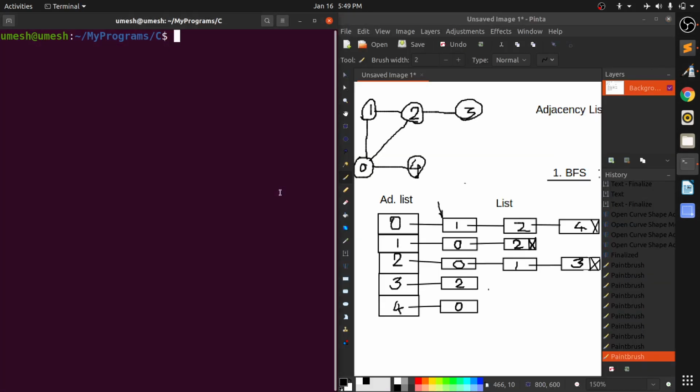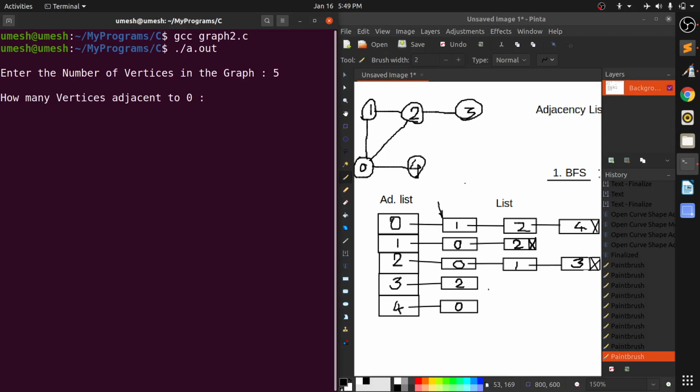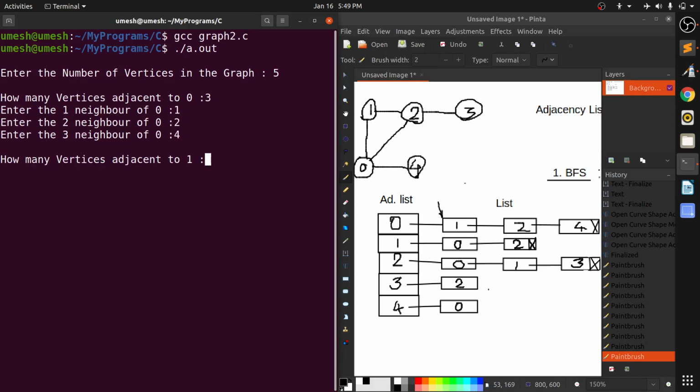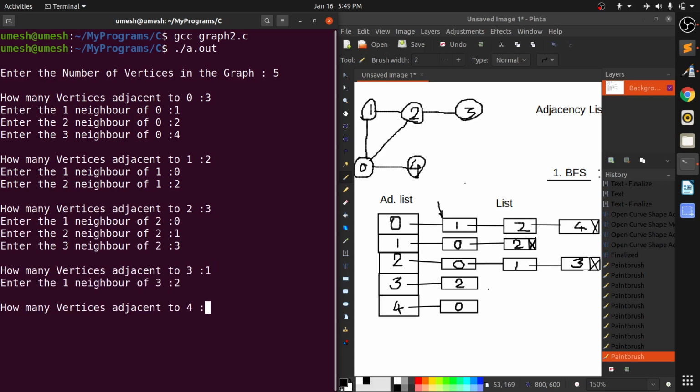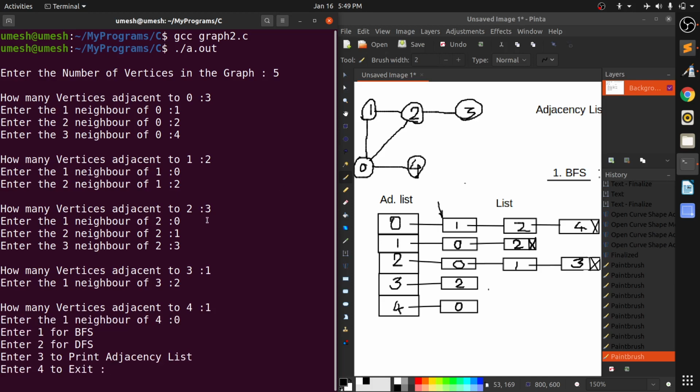Hope... every time I get errors. There are 3 nodes, 1, 2 and 4; 2 nodes, 0 and 2; 3 nodes from 2, 0, 1 and 3; from 3 there is only 1 node and that is 2. From 4 there is only 1 node and that is 0. Okay, cool.